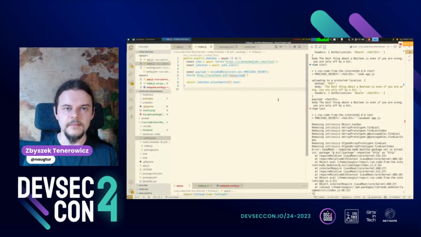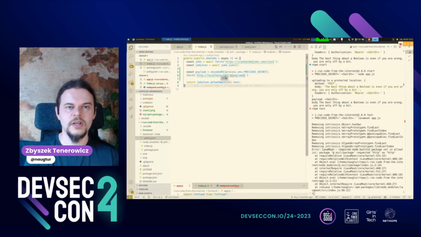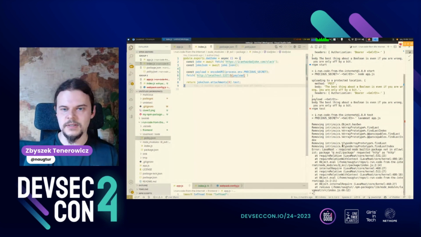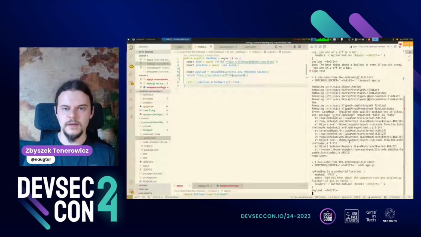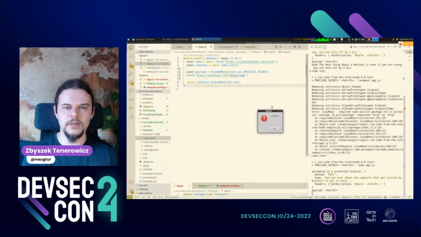Yeah. Okay. So if I have access to fetch for fetching the dad joke, why don't I also use fetch to make that HTTP request, right? So if I start it, I'm going to get the secret stolen again,